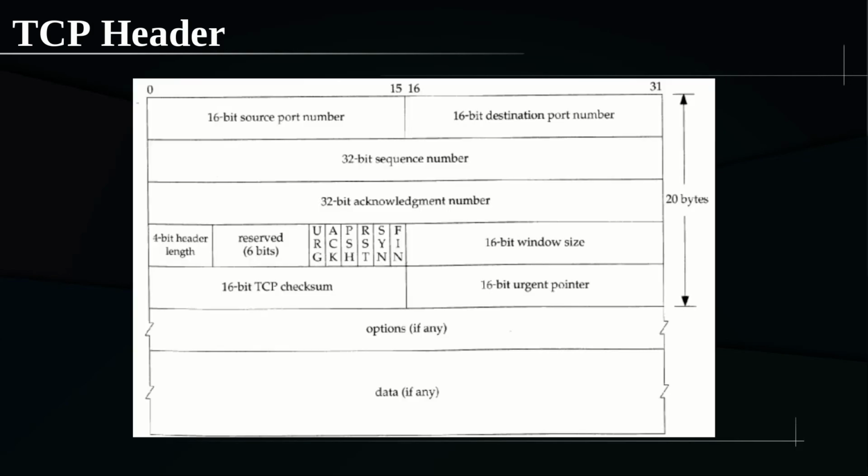We saw the structure in the fifth part, and the fields are also familiar to you. Here we are going to see the first two fields in detail, that is the source port number and destination port number, or in general some detail about the port number concept, and the 32-bit sequence number and 32-bit acknowledgement number. These three fields we will see in detail in this presentation, and in the next part we will see the remaining fields including flags, window size, etc.